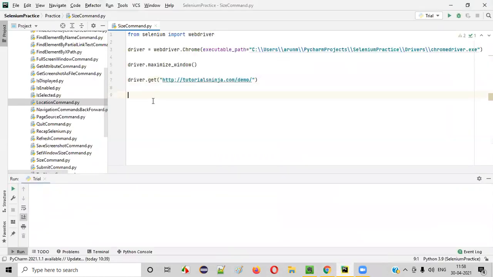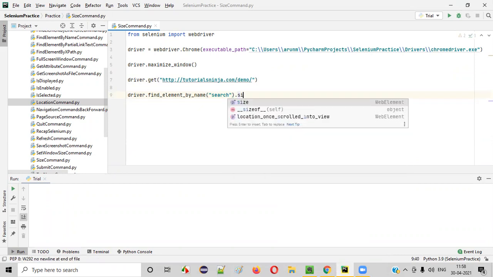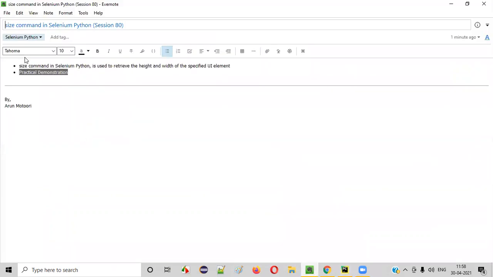And I'll say here driver dot find element by name. Here I'll provide the name locator and say dot size command. What is the command we have to use, guys? Size command. For retrieving the height and width of the specified UI element, we have to use the size command